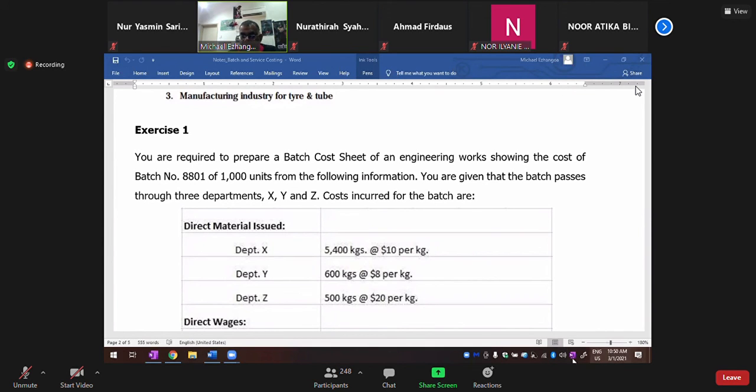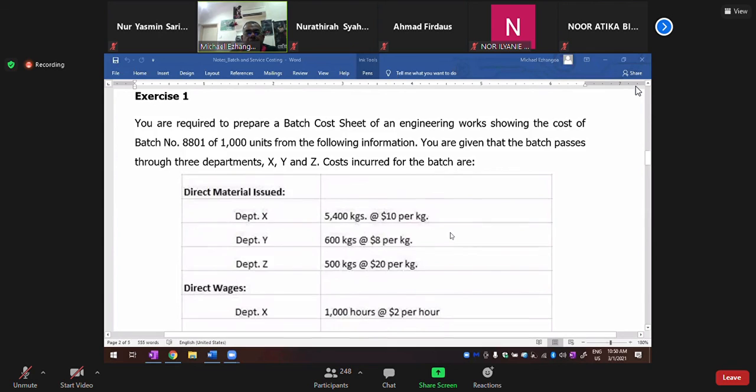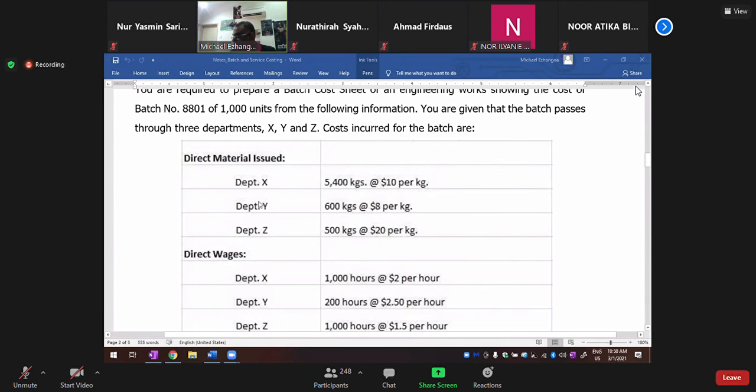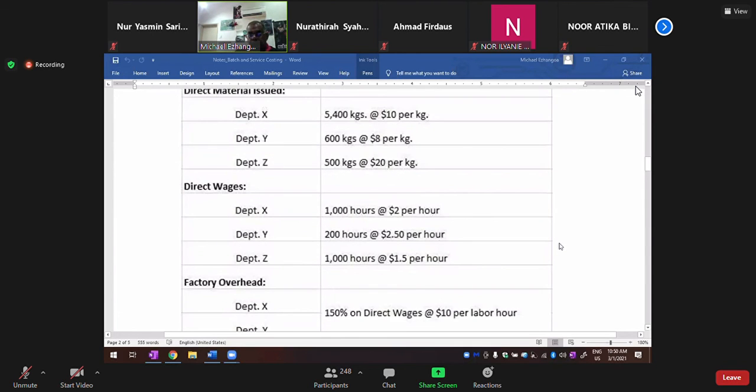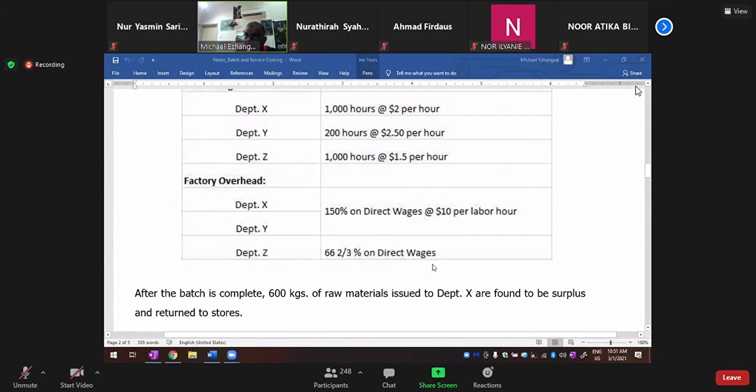Now, direct materials issued cost incurred for the batch: direct material issued to Department X is 5,400 kg at $10 per kg. Department Y is 600 kg at $8 per kg. And you also have Department Z, which is 500 kg at $20 per kg. And then you got direct wages, 1,000 hours at $2 per hour, 200 hours at $2.50 per hour, and Department Z is 1,000 hours at $1.5 per hour. That's fairly straightforward. And factory overhead, you have